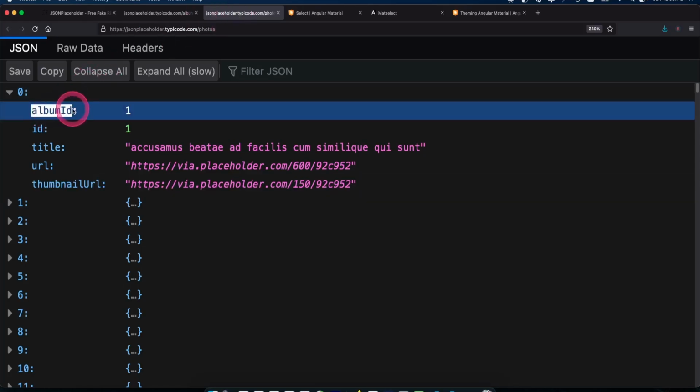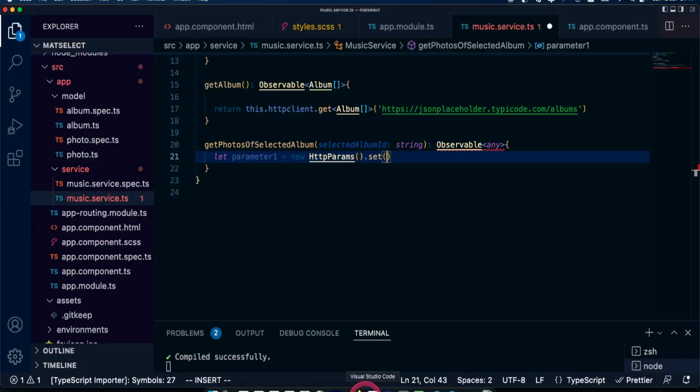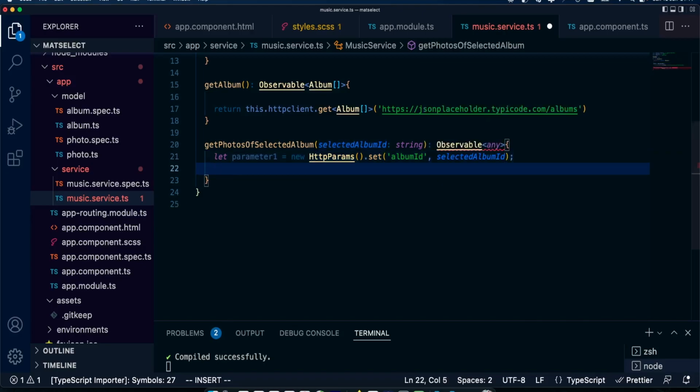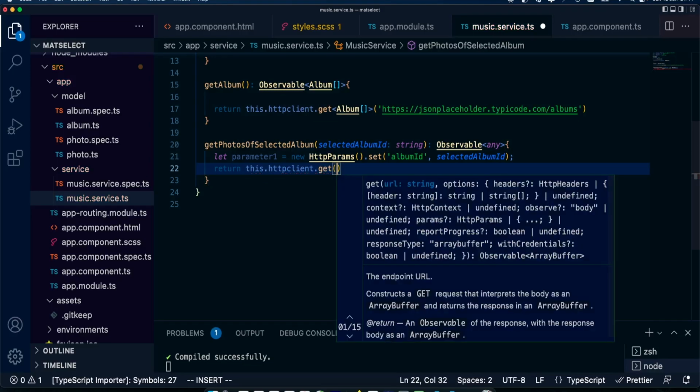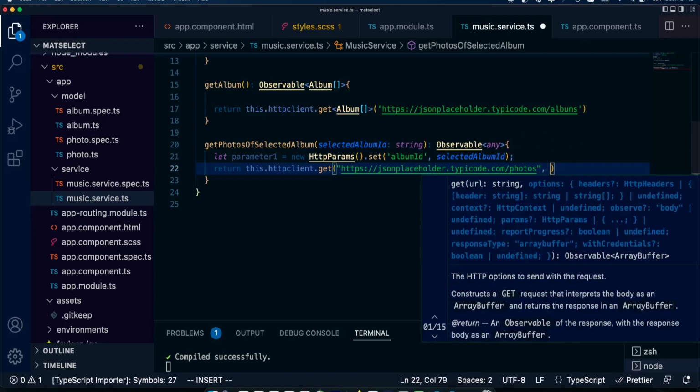Album ID, we're going to set it to selected album ID. And then we're going to return this HTTP client get. Then we're going to pass the URL. And then we're going to pass this parameter as well.